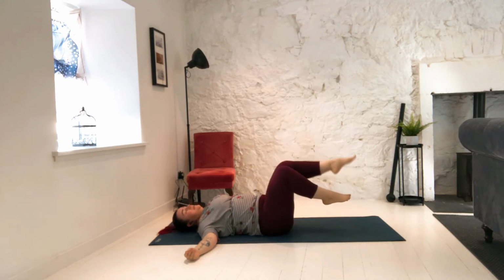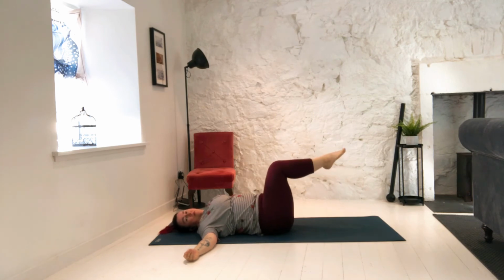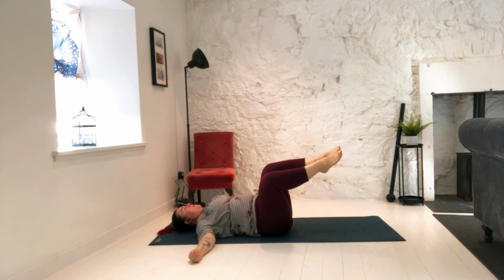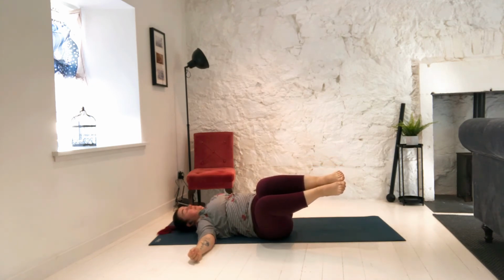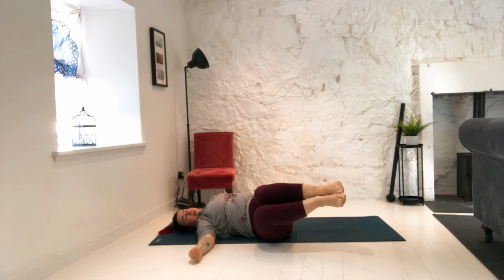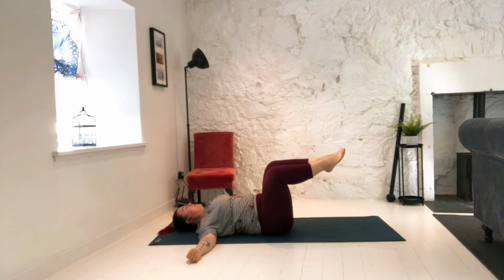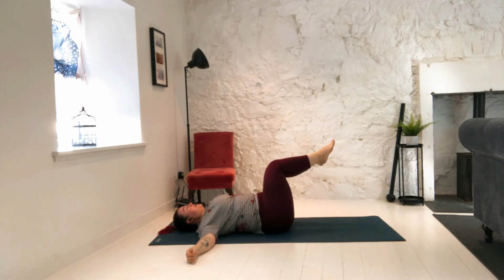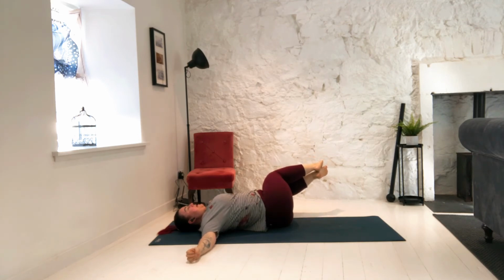Bring the knees to just above the hips, not higher than the hips. Bring the toes up to knee height, and then shift your weight over onto the right bum cheek, pointing the knees in that same direction, but keep both of your shoulder blades down. Exhale, draw back in nice and slow, and only going as far as your spine allows, but it's your core that's doing all the work. It's not my back pulling me back in, it's my obliques, so I use the exhale to give me a little